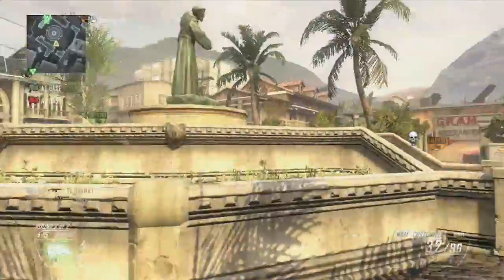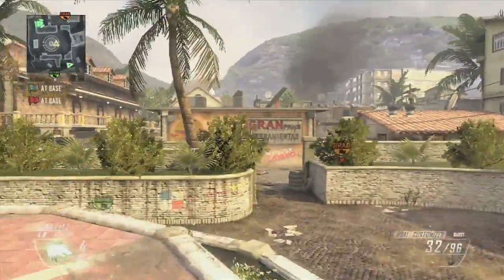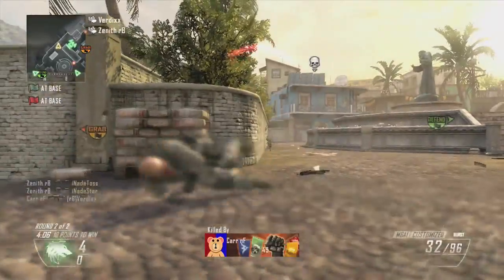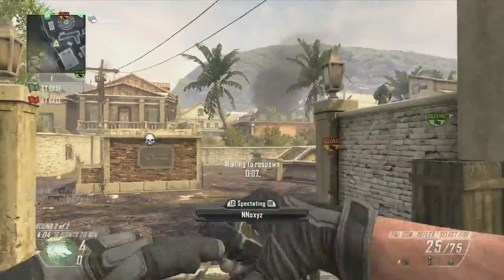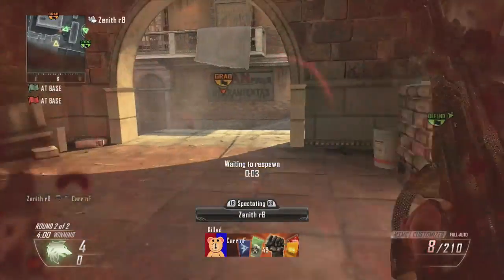Check your scoreboard, see exactly who it is that is up and who you're looking for, and call it out to your team. Be like, alright, we're looking for whatever that guy is on their team. Alright, we're looking for Nade Star. It's just very helpful for your team, and it might seem like a small thing, but it's actually very